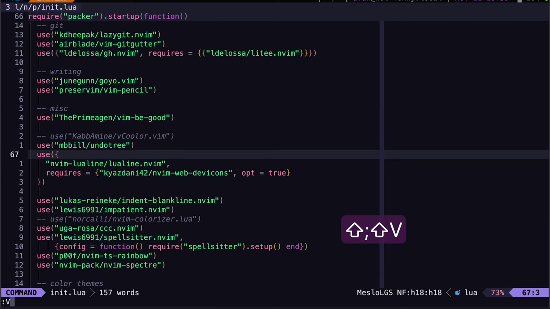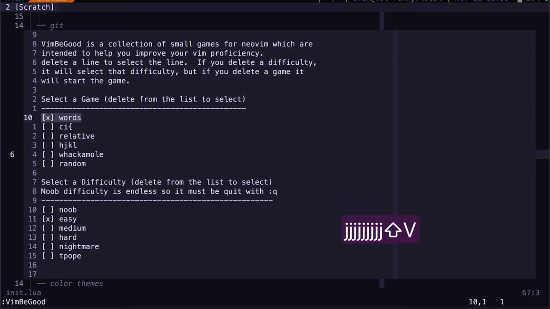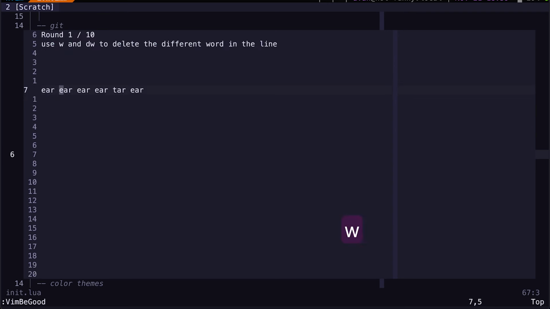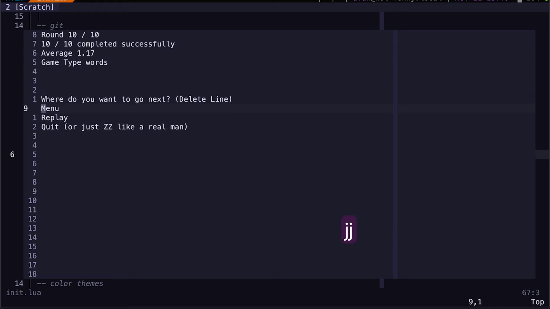Vim Be Good as well. Vim Be Good, it's a bit of a game. We can practice Vim. So like, let's say this, you just jump, delete different words, and it's like a game sort of, and it helps you improve. So